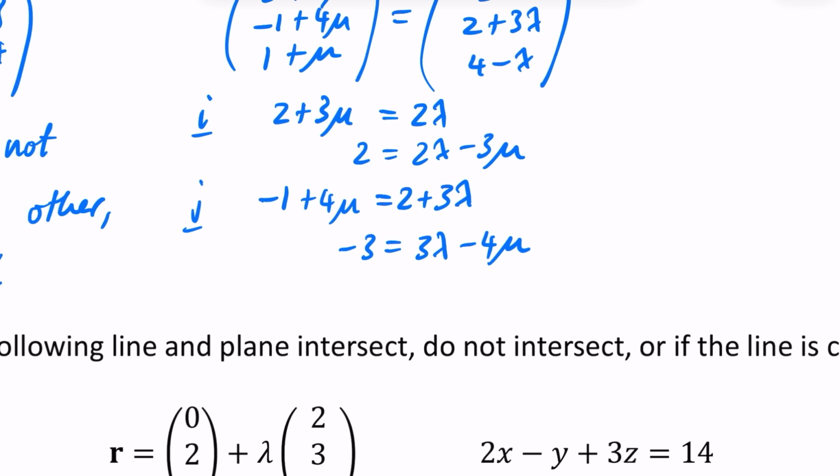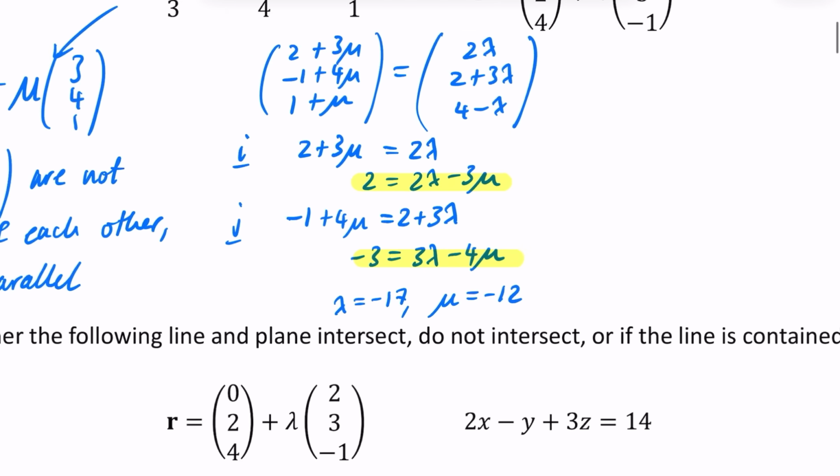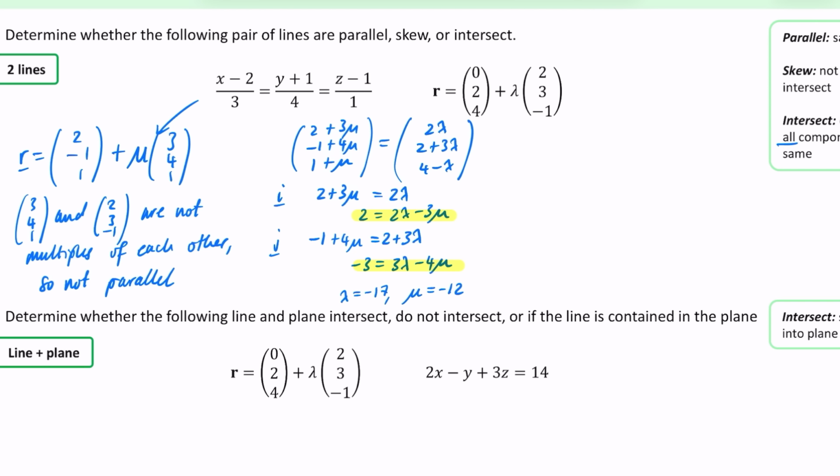So I'm just going to put all of this in my simultaneous equation solver on my calculator. I'm actually just putting this one and this one in the equation solver. And what I then end up with is that lambda is equal to -17 and mu is equal to -12. Okay. Now what I need to do is just to check this in the k